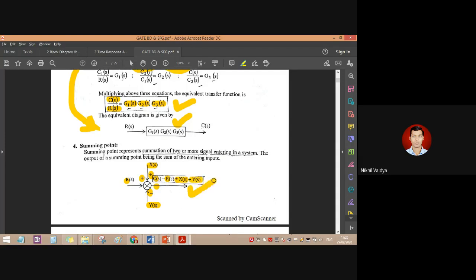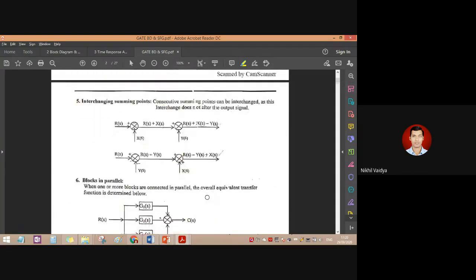So this summing point in a block diagram indicates that the signals coming from various locations towards this summing point are proceeded further after doing their summation. So this is nothing but summing point. So two definitions and one rule we had seen till now. Next,